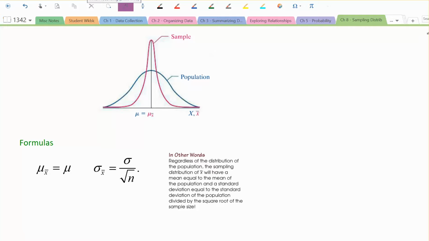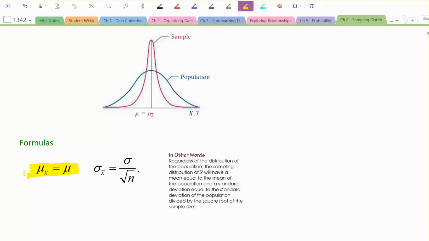Okay, so in this video we want to look at an example for finding some information about the mean and the standard deviation on a sampling distribution. Before we get started, I want to remind you of a couple of things. We already talked in class about the idea that the mean of the population is going to be the same as the mean of the sample. We already looked at an example as to why that's the case, but it's very important that you understand once again that the mean of the population, mu, is going to be equal to the mean of the sample,